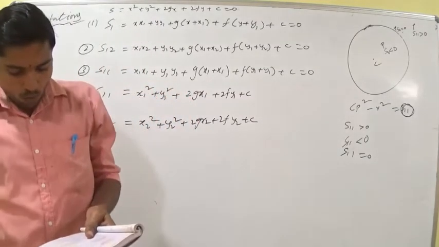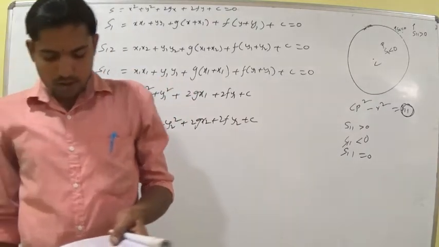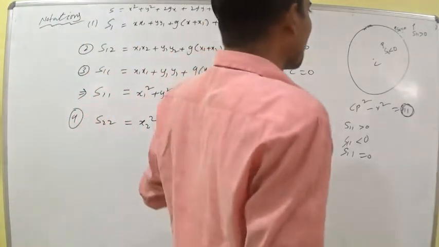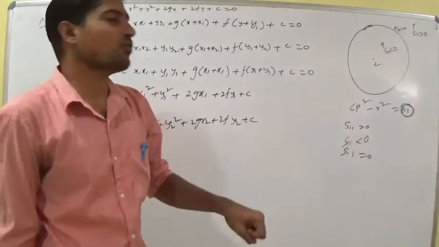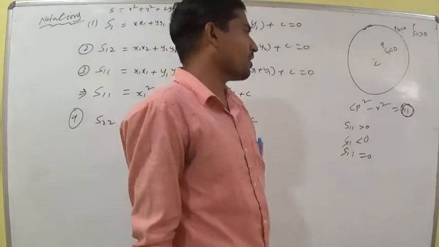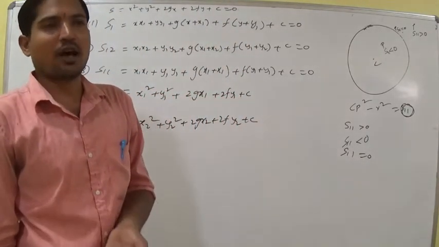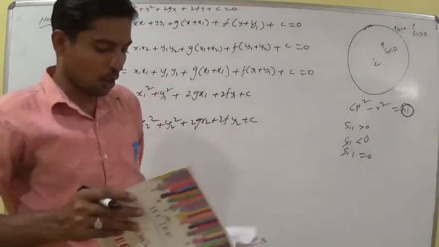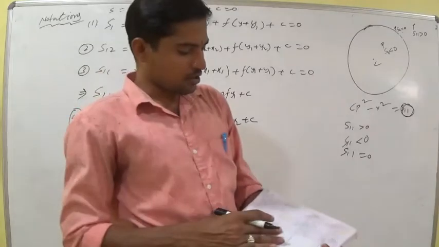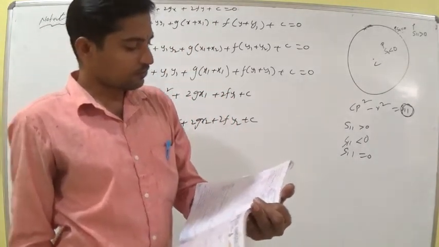So here the position of the point we discuss with the help of CP² − R². C is the center, P is any point and R is the radius of the circle. Let us solve problems on that, then you can understand very well. And next one is